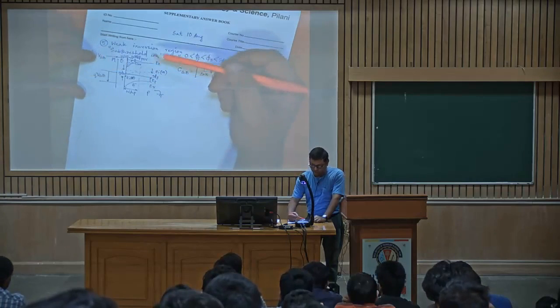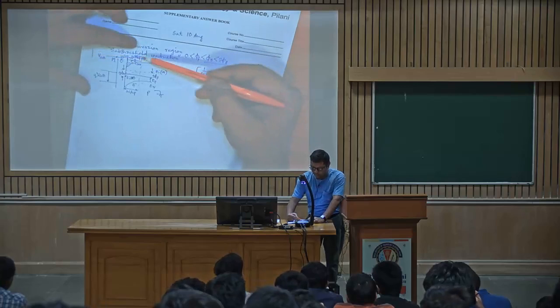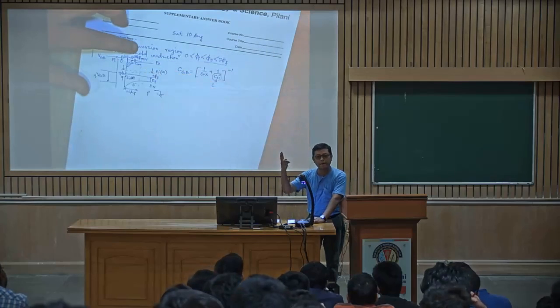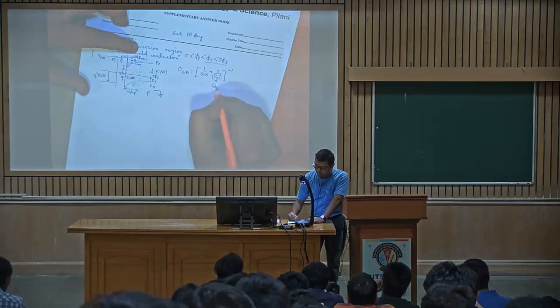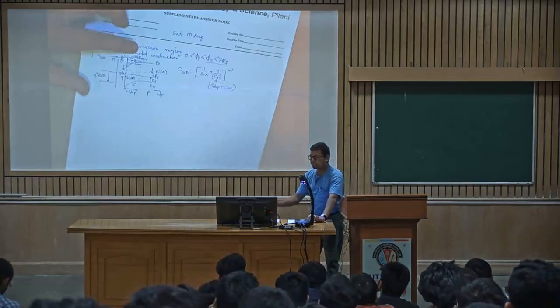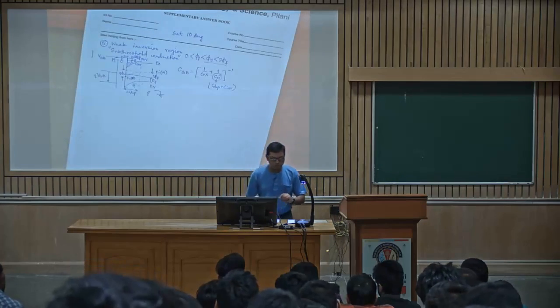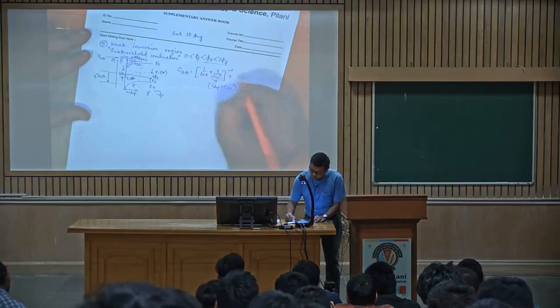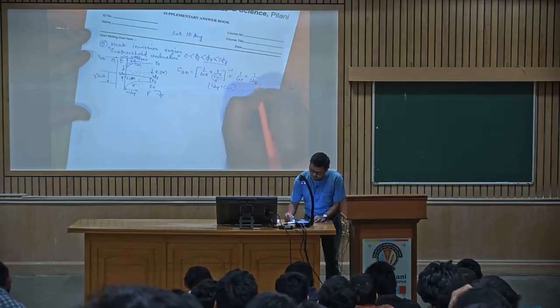So notice the situation, COX in series with C dep and C inversion in parallel. How does parallel capacitance add? Simply C dep plus C inversion. Very good. Got it, everyone? So what is the situation here? We will be having 1 by COX plus 1 by (C dep plus C inversion).